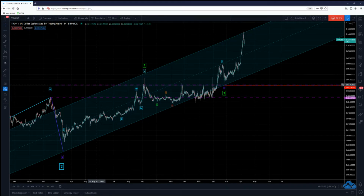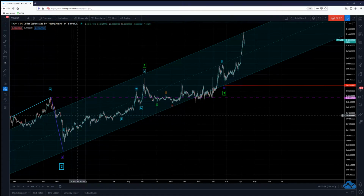Now I am bullish Tron, and that's because of this pattern and the general pattern in basically wave 3 is in progress. Now there's some other interesting things I want to talk about today, and that's